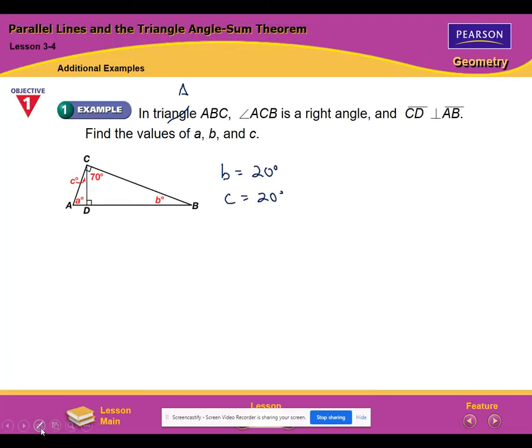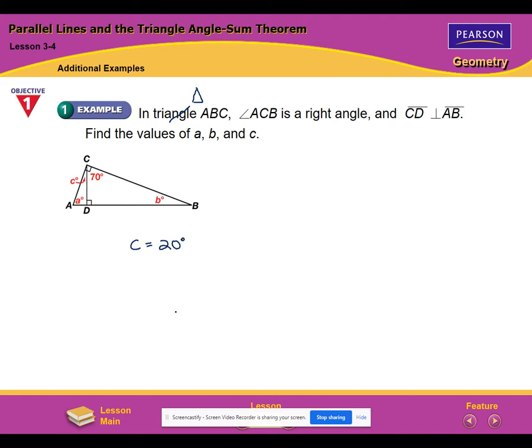So let's look at this example. They should have said triangle with the symbol there. You can read the directions if you want to, but just take a look here and you'll see that they're trying to find A, B, and C. The first one that jumps out to me is actually C. Since this is a 90-degree angle here and this much is 70, we would know that C is 20 degrees,